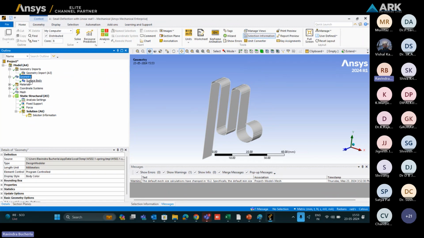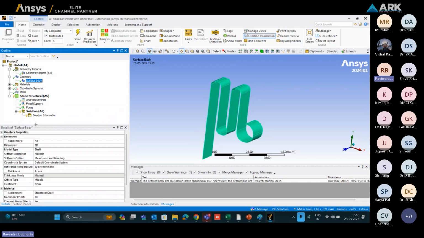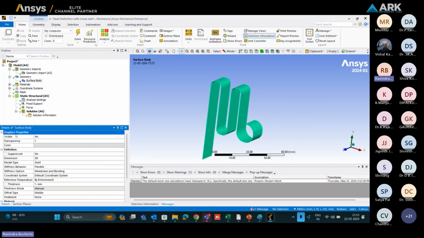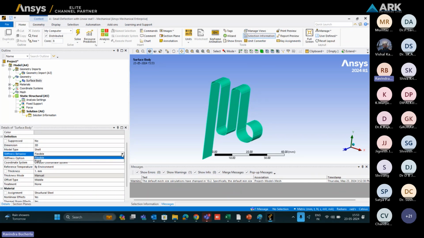Inside the geometry, we will be having the components. If you have 4 components, all 4 components will be available here. In our case, I have only one body, that is a surface body. Once I click on the surface body, the details of the surface body will be visible here, like the graphic properties or the definitions, like whether the body that we are considering is a shell or a beam or something like that, and the stiffness behavior like rigid, flexible, or gasket, and